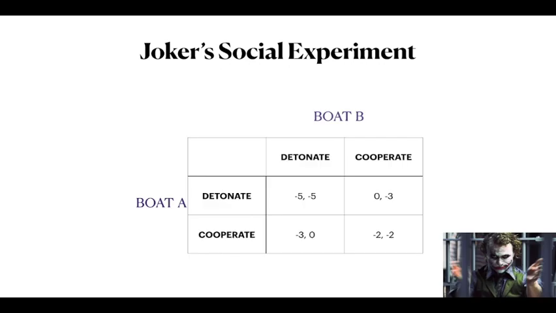You'd see that that scenario, that experiment, was indeed a variation of the prisoner's dilemma, where boat A has a choice to detonate boat B, and boat B has a choice to detonate boat A. And the Joker's confidence came from the fact that this state, where both the boats end up detonating each other, happens to be the stable state or the Nash equilibrium. And even from a rational perspective, boat A is better off detonating boat B, and the same goes for boat B as well. And thus, they both will end up pressing the button.